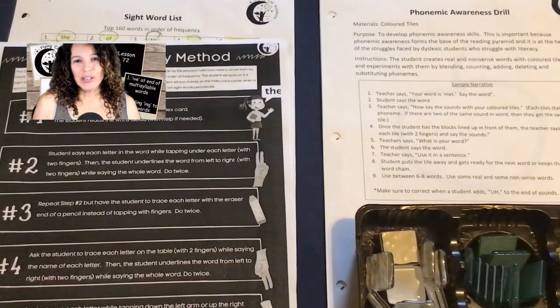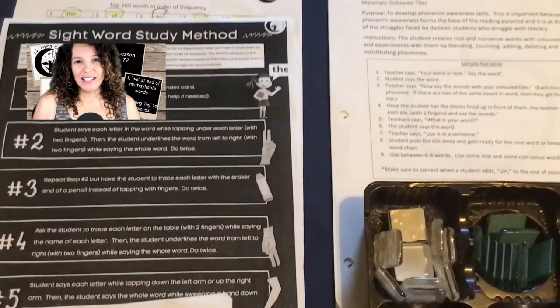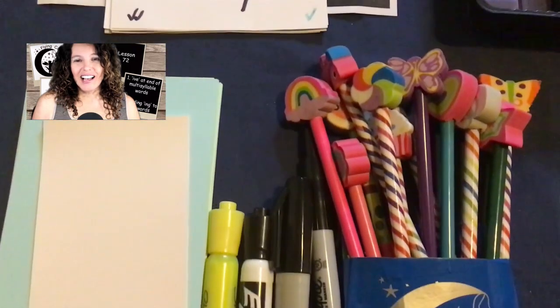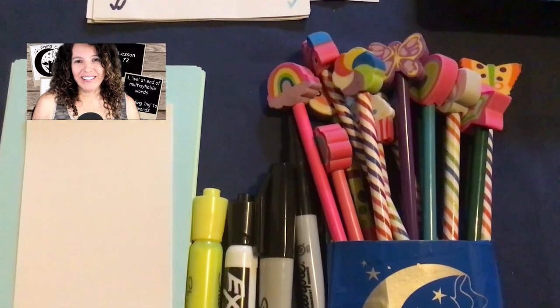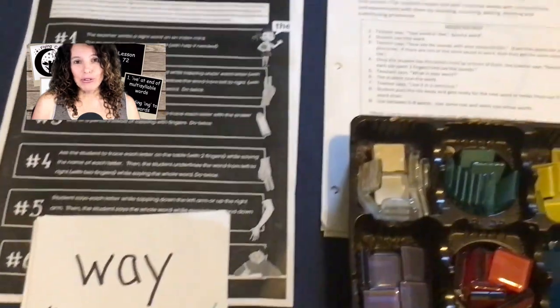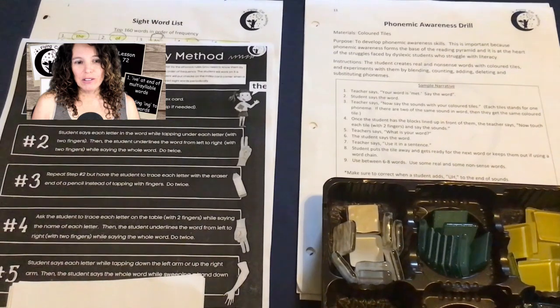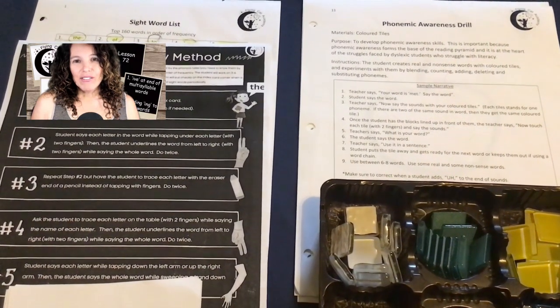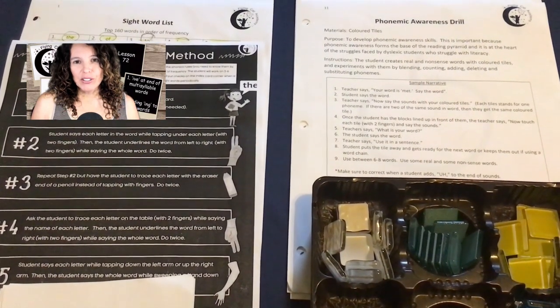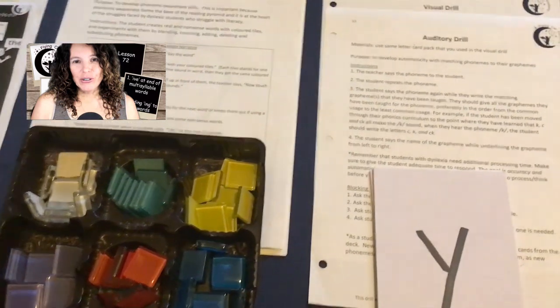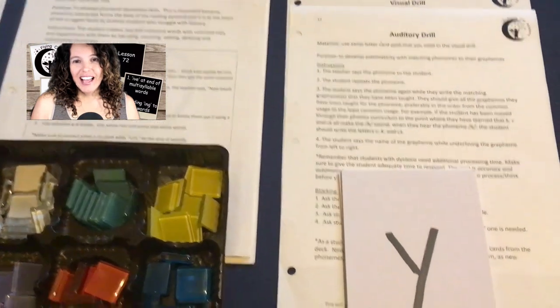You'll need your sight word study method top 160 list, the instruction sheet, the sight word card pack, some blank index cards, a highlighter, markers, and some pencils. The short vowel drill is no longer on the table because the student will have mastered the short vowel sounds by this point. We'll have the phonemic awareness drill, and you'll need the teacher instruction sheet and the colored tiles for the student. For the visual drill and auditory drill, you'll need the teacher instruction sheets and the card pack